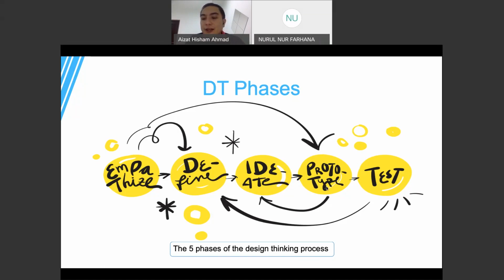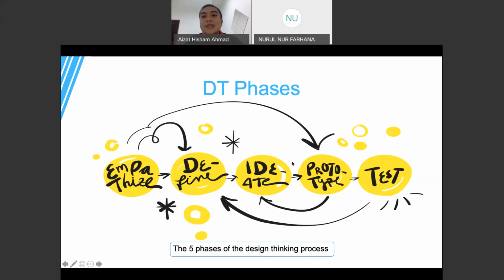Okay, but it is not yet ready for an actual user. So this is when you have a sample. Sample is when you can start testing. So when you test and it doesn't work, then you have to redefine, or you have to start back by empathizing even. Again, these arrows are not unique. These arrows on the screen are just an example. So from empathize, you can prototype again.